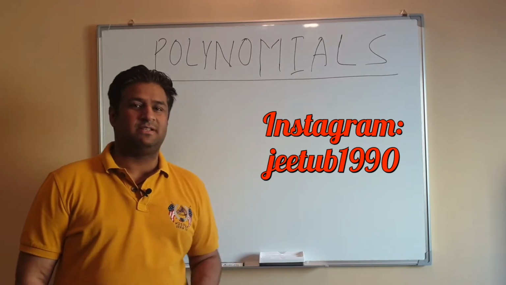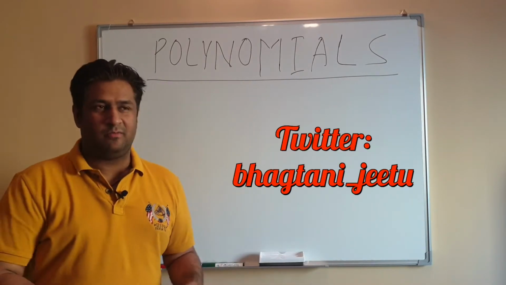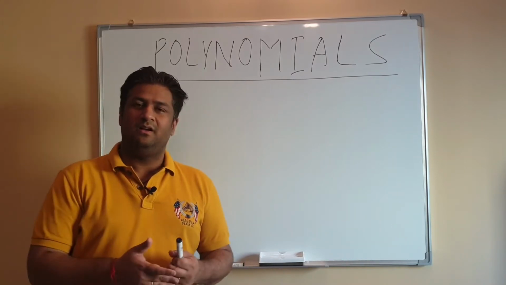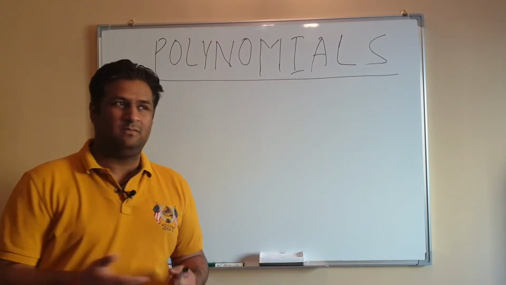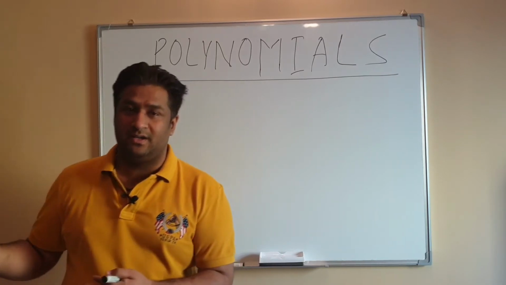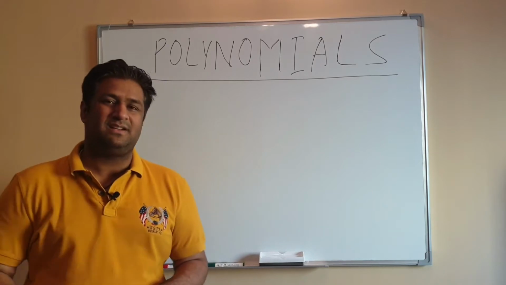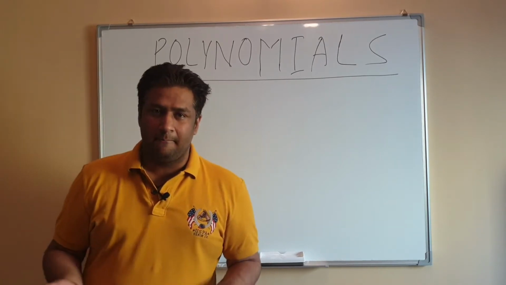So in the last lecture basically we studied the basics of polynomials: what exactly is a polynomial, what are the terms of the polynomial, what are the coefficients of a polynomial term, what is a zero polynomial, how do we find the degree of a polynomial, and how do we find the zeros of the polynomial, or basically what are the zeros of the polynomials.